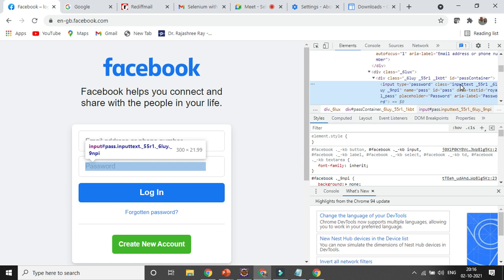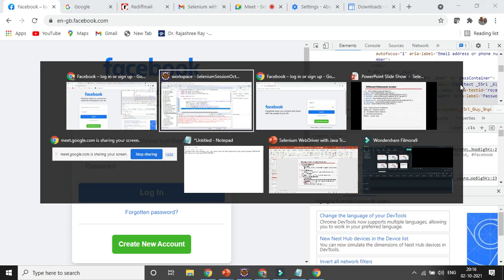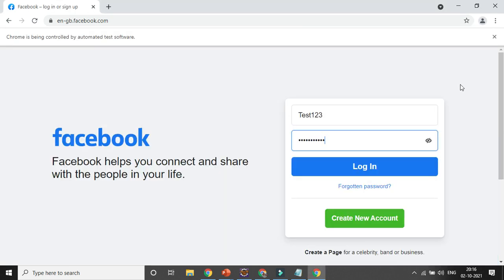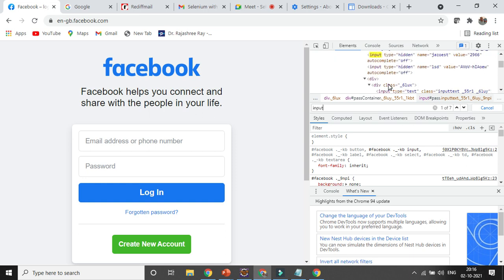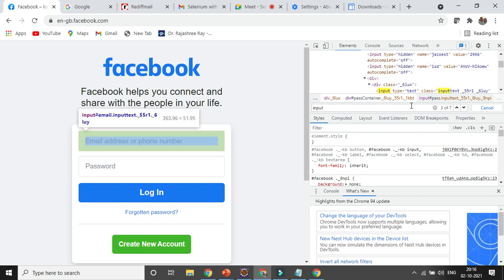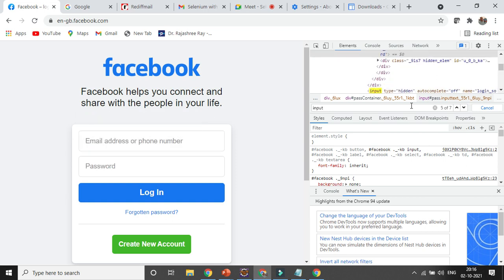And the last one I will be covering, which is a very critical part, is tag name. So here all these locators are unique in nature, but tag name is not unique, right? Whenever you use the tag you will get multiple elements. Suppose the input tag, there will be a lot of things in the input. If you press Ctrl F and type input, you will get 1 of 7 input, meaning there are 7 inputs. Something can be visible, something can be hidden, right? That's why you can get it.